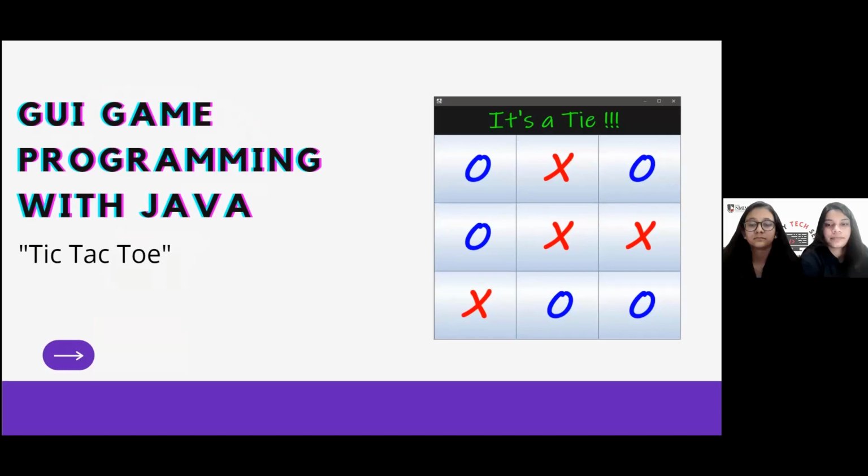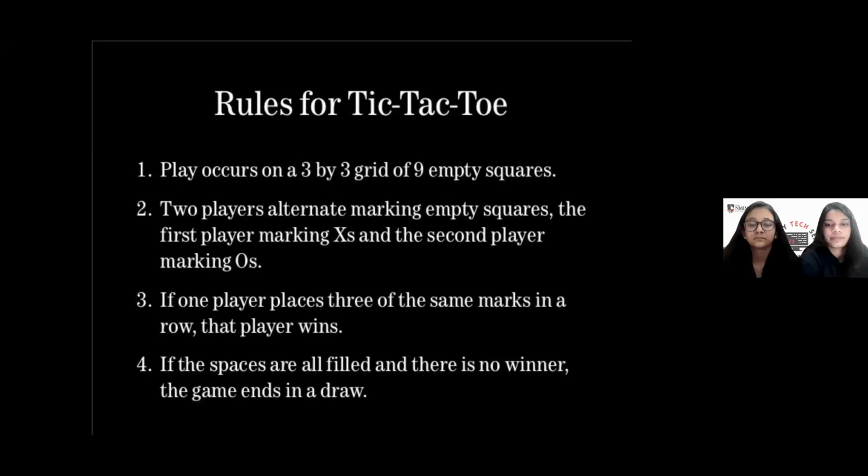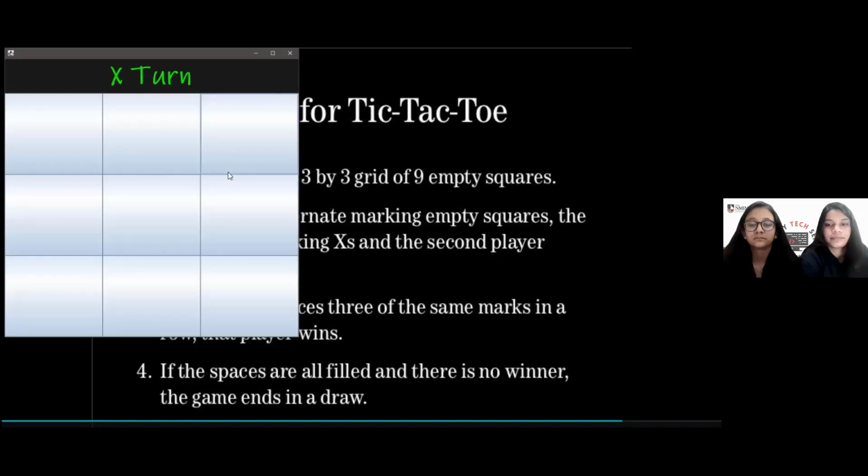So, can we proceed towards making a tic-tac-toe game using GUI in Java? Yes, of course. Now we shall proceed towards making a tic-tac-toe game in GUI. These are the rules which we all know, as this is everybody's most favorite and the most popular game. True. Before we move on to code our game, we should take a glimpse of it. So this is what the game will look like after the completion of the code.